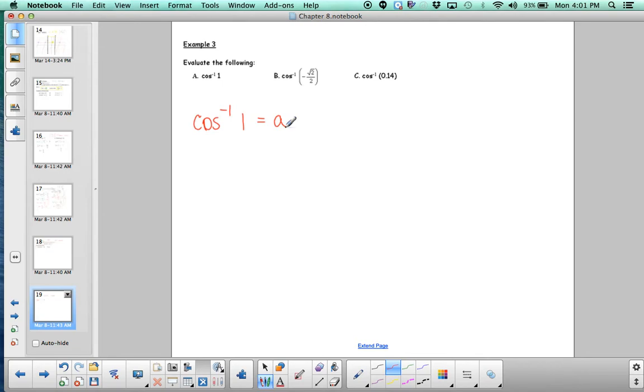So if I translate that statement, then that means that the cosine of some angle is equal to 1. At this point, you must remember your domain restrictions for this function. Since we've translated it to the cosine of a, we have to go back to our domain restrictions, and this time we know that our domain restrictions are going to be from 0 to pi. And so in this case, we know that the angle a is 0. And then for b,